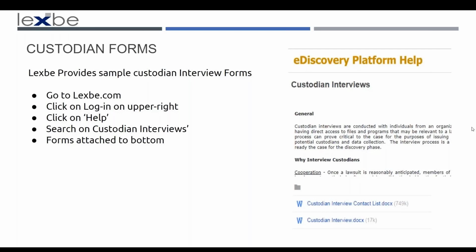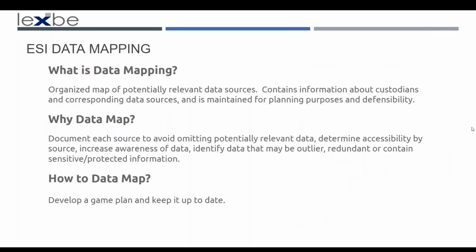This flows as the next step to do after or concurrent with doing the custodian interviews. So the data mapping is an organized map of data sources for legal purposes to be able to identify how many data stores the custodians have. They will almost always have multiple, sometimes many different data stores. What type and how much data is in these data stores, and has that been preserved? And this will come out in a series of different reports. And this is used as the basis for the rest of discovery to determine what there is to discover and how to preserve and collect it.